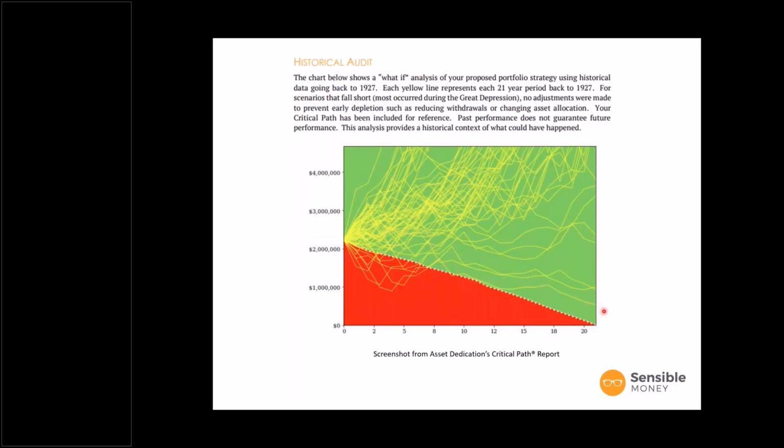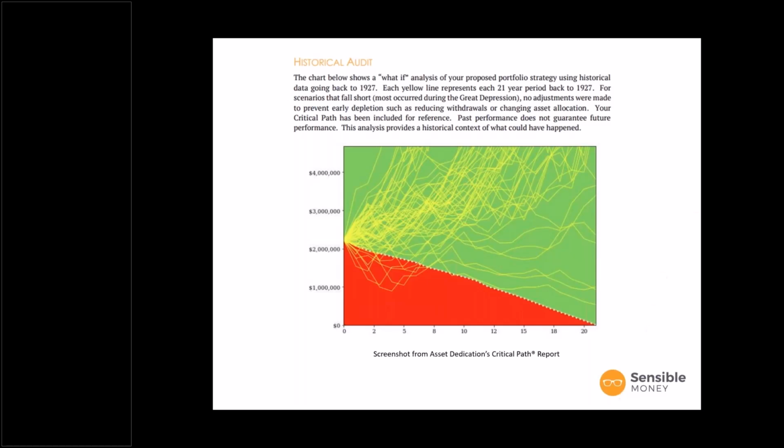However, there are some that followed that critical path line pretty closely. Now, these yellow lines assume that absolutely no changes were made. If this in fact was Larry and Ellen's plan and they were out here 5 years into retirement and their portfolio balance, because of the market, was substantially less than where they started, most likely they would make some adjustments in their spending also, and that would help their scenario come back up into the green and make sure that they had enough. So that is how you put together a retirement income plan.